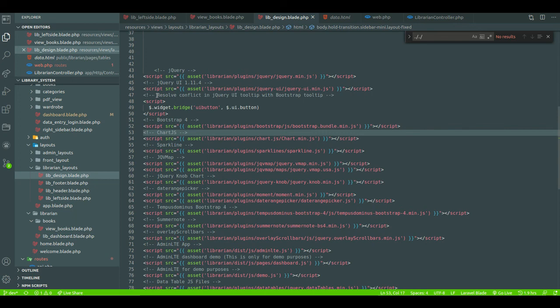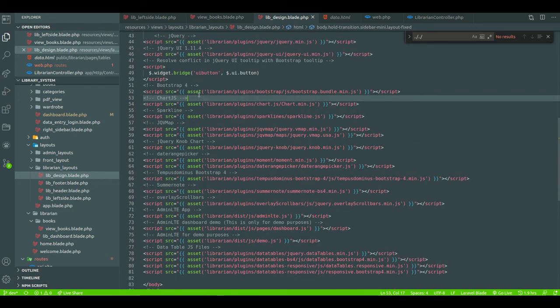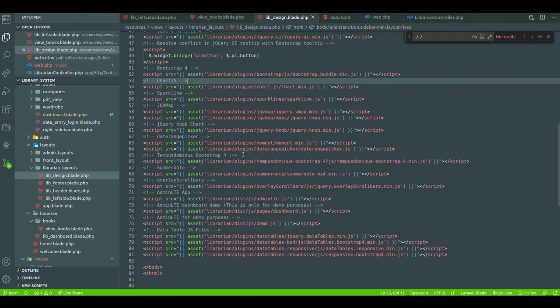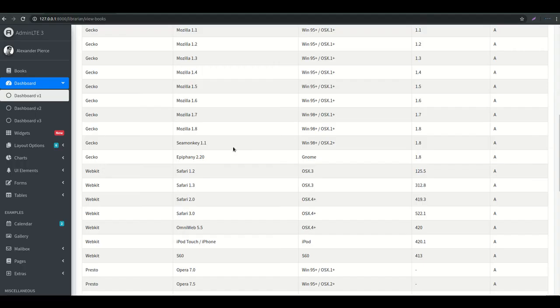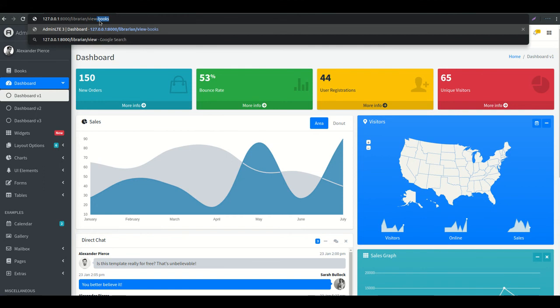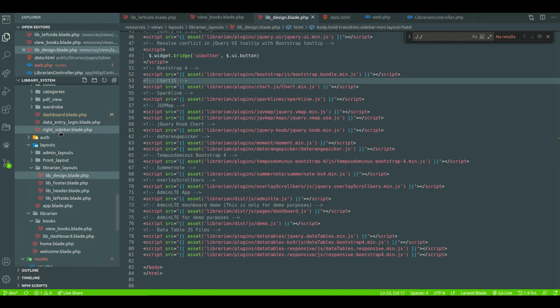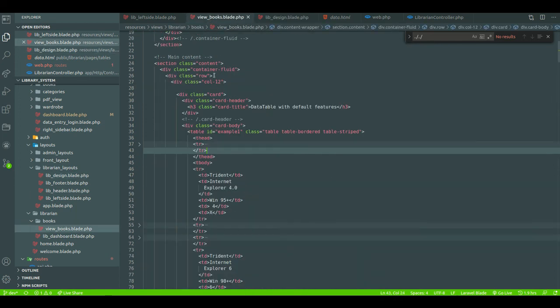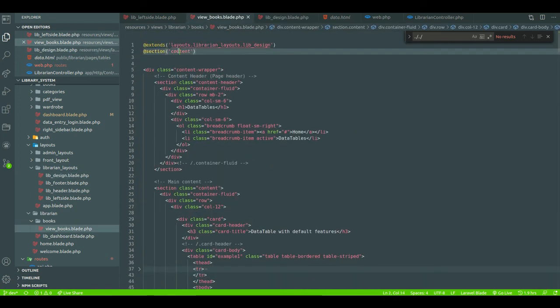Library and plugins, this is working, this is okay, this is okay. Dashboard is okay. Oh yeah. No, that is content. Yeah. So in the view books, that is also content.